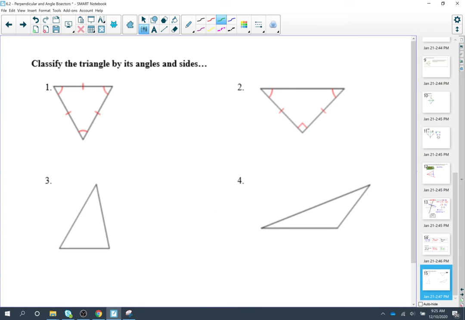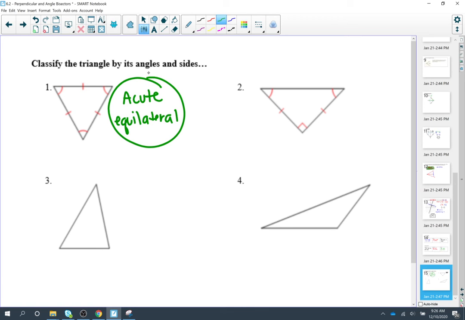So let's practice that. Classify the triangle by its angles and its sides. So if I'm looking at the first triangle, I'm looking at its angles, and all three angles are acute. So this is an acute triangle. But then I also have to do sides, and I notice that all three sides are equal. So this is an acute equilateral